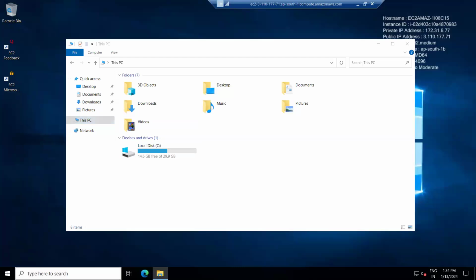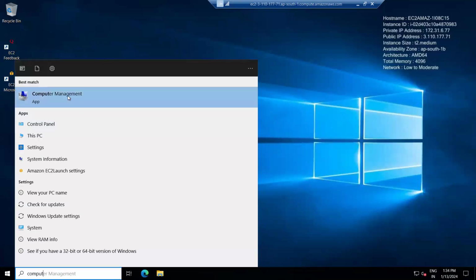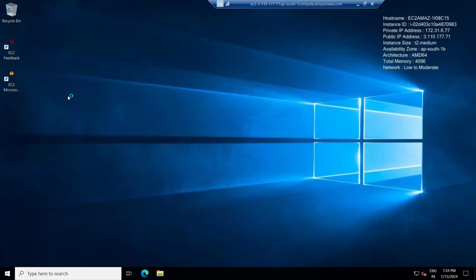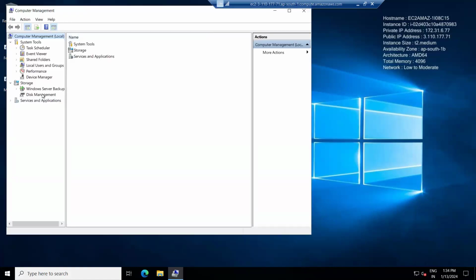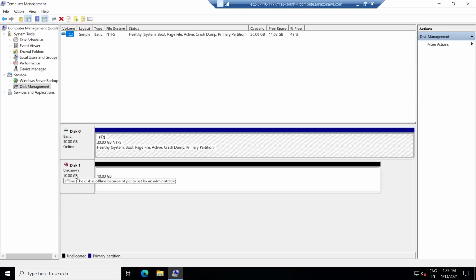Once you attach the volume, you need to go to your machine. Here you need to click on computer management, right? Because when you add the volume, it will not be directly shown to you. Go to computer management and you need to add that volume, because when you add a volume, by default it will be added in an offline state. You have to make it online. Go to disk management. In disk management you can see 30 GB is available, but this 10 GB is offline. Right click on it, make it online,